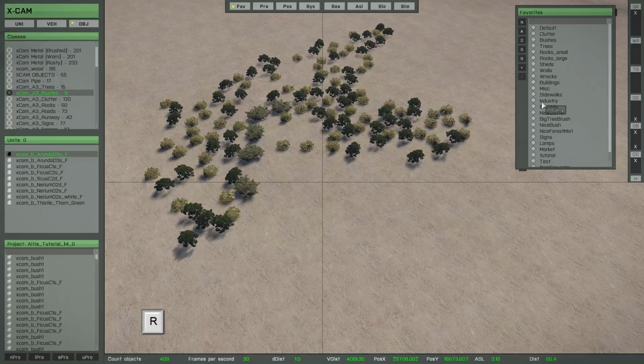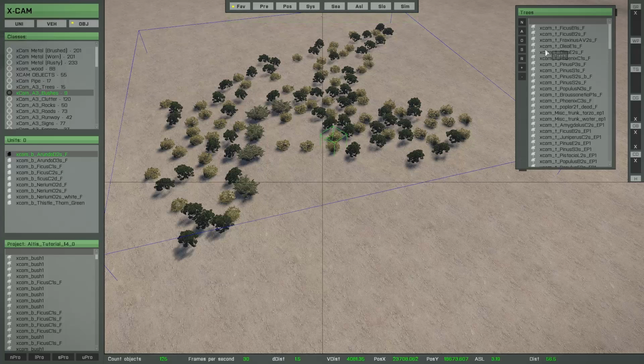But with the replace function in connection with the favorite list, you have the possibility to replace all objects from one object selection. And the first step is of course to create an object selection. Press G, and now load the favorite you want to use for this function. So I think I will load the trees, and then press this button R, and this button enables the replace